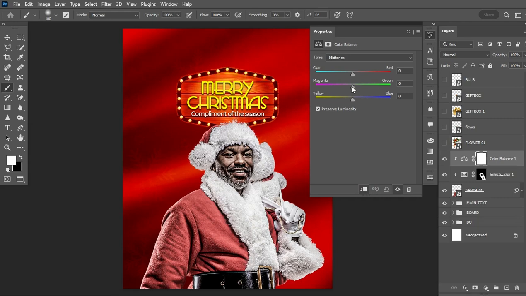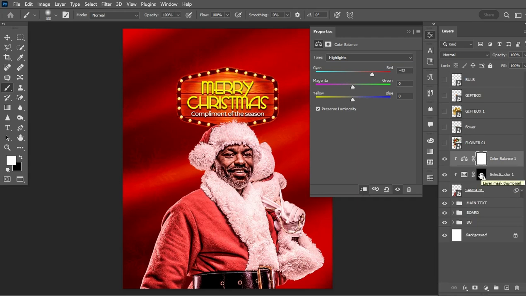So on these midtones, I would like to boost up this way, like this. Okay, so I'm trying to add more of the reds to this, like this. Okay, come over to the highlights and do the same to the highlights as well. So you boost up the highlights as well, like this. Okay, so after you're done with that, the next thing you have to do is to also